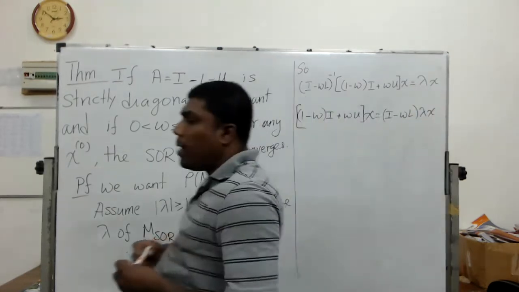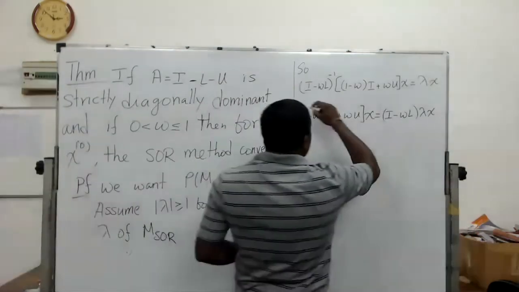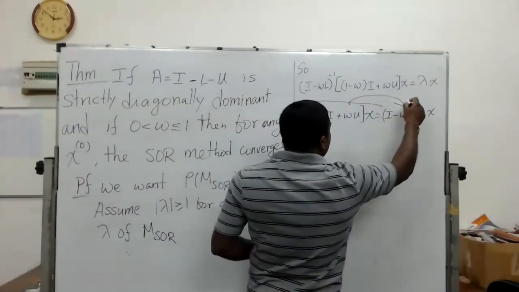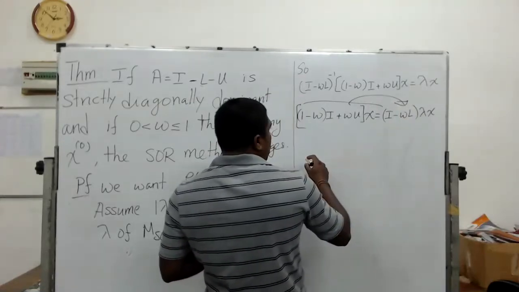Right, so you multiply by I minus omega L, right? So you get I minus omega L times lambda x is equal to I 1 minus omega times I plus omega U times x. So I move everything to the other side, right? If I move all these to this side, what I get is